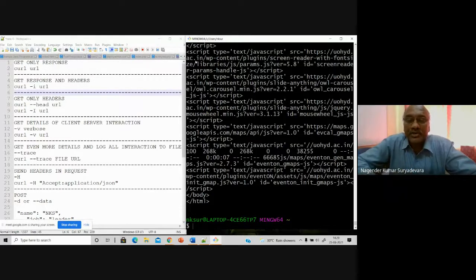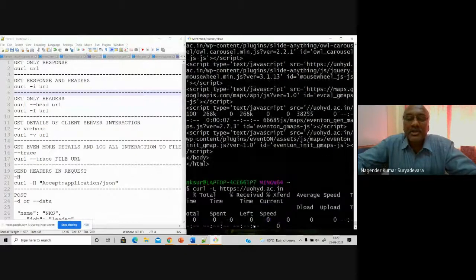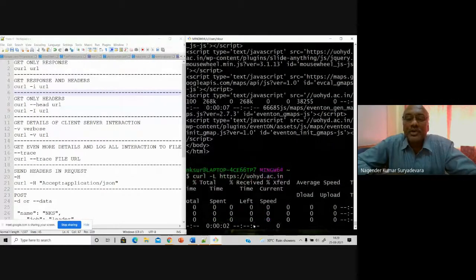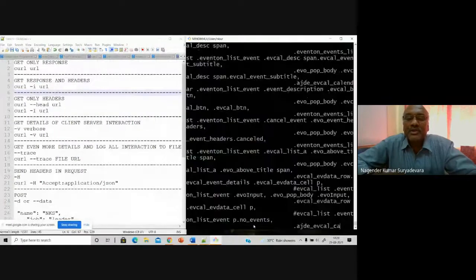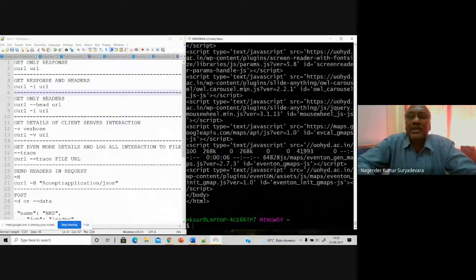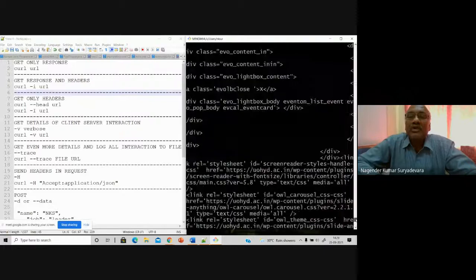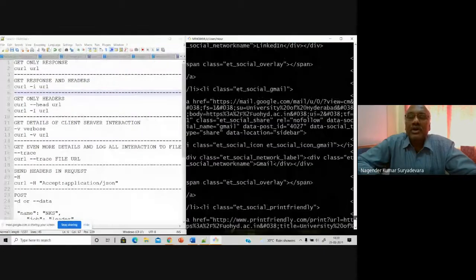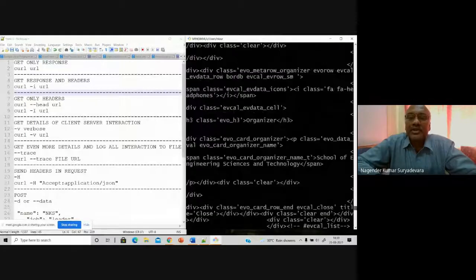Of course, this is the response. What you are seeing is what you get when you give the command with HTTPS uohyd. By default, when you give the command like this, it implies that you are using the GET HTTP method itself. So you are getting the response, and the response is like this. You can see the web page here. Of course, if you want to understand it very closely and clearly, I will tell you how to put it into your local file, and you can understand all these things. So it is a huge file, of course.